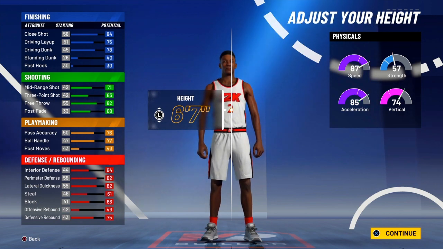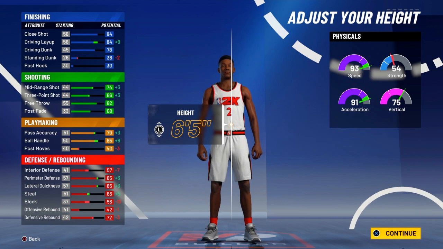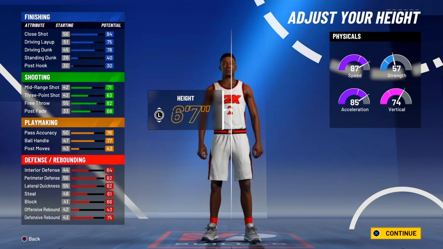If you're gonna be a perimeter lockdown or any type of lockdown, you do not want to be undersized, because you're just pretty much shooting yourself in the foot, and you want to make sure you have the most height and the most speed. One of the main things that I found